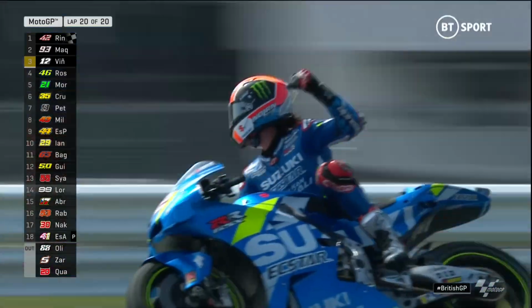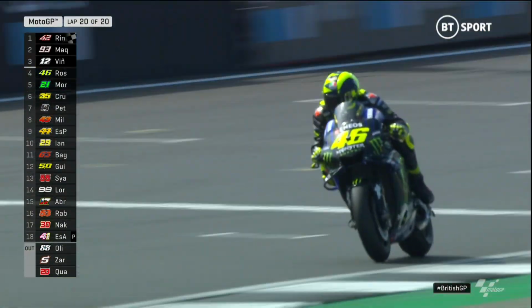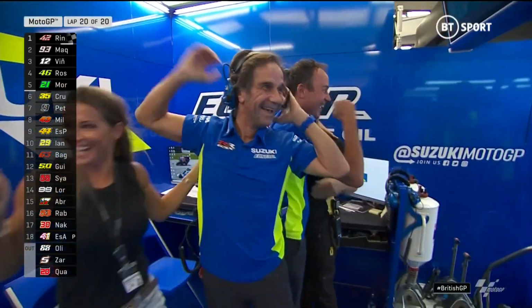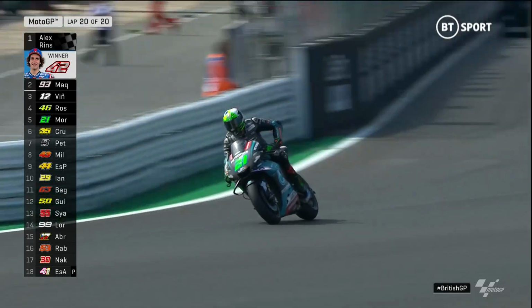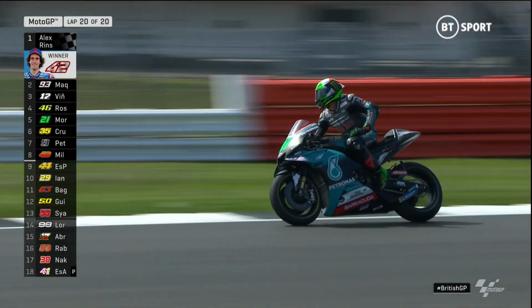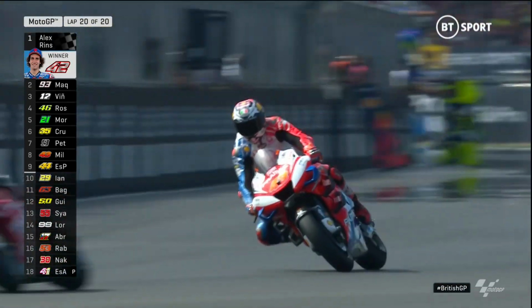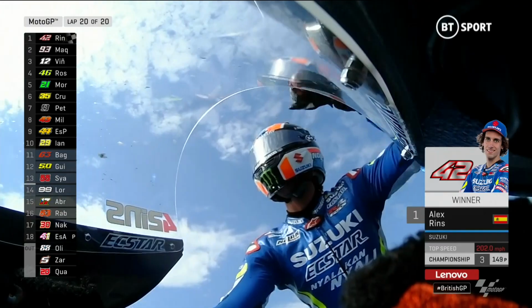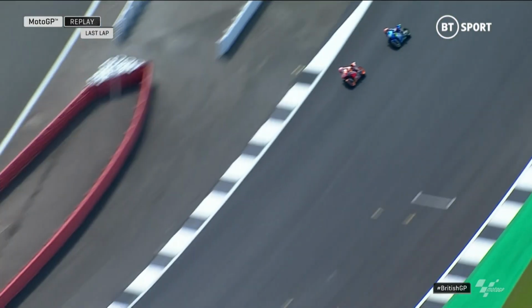He outthought Marc Márquez in the final corner. Who would have thought it? Viñales third, Rossi fourth. Rins had tyre left. He had tyre left to outdrive the Honda to the line in the British Grand Prix. Suzuki are ecstatic. The last time they won here was 2016 with Maverick Viñales, but Álex Rins played that to